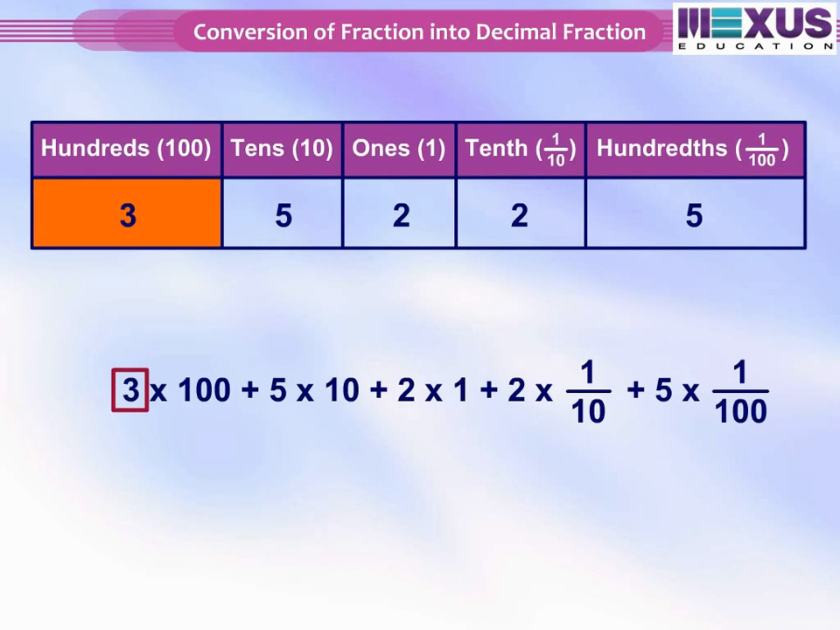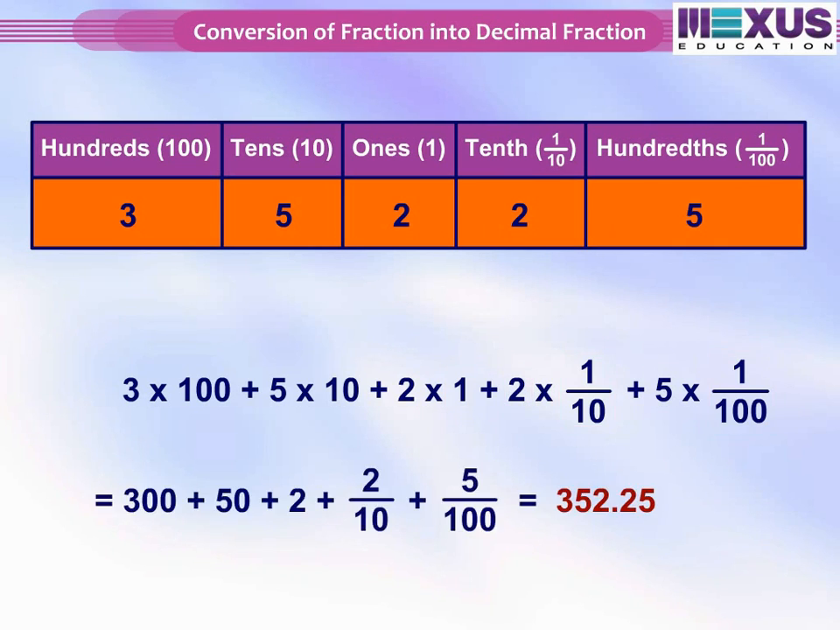The first digit 3 is multiplied by 100. The next digit 5 is multiplied by 10. The next digit 2 is multiplied by 1. After this, the next multiplying factor is 2 by 10. And then it is 5 by 100. We get 352.25. The decimal point will come between ones place and tenths place in a decimal number. So the decimal form of 3 hundreds, 5 tens, 2 ones, 2 tenths, 5 hundredths is